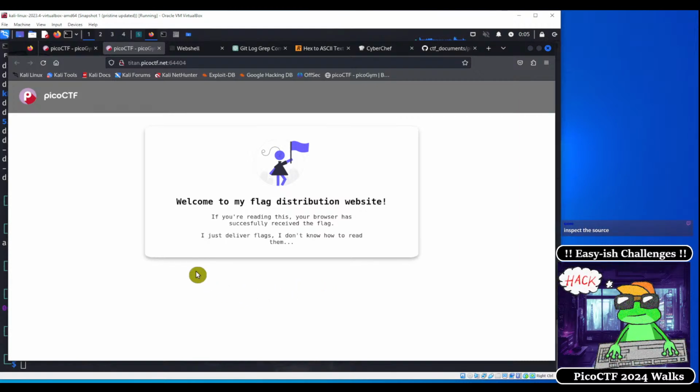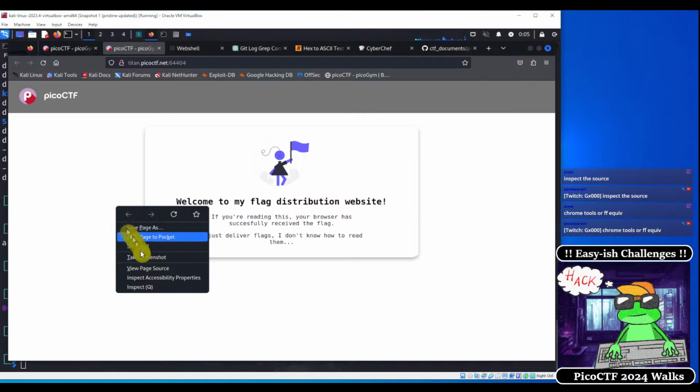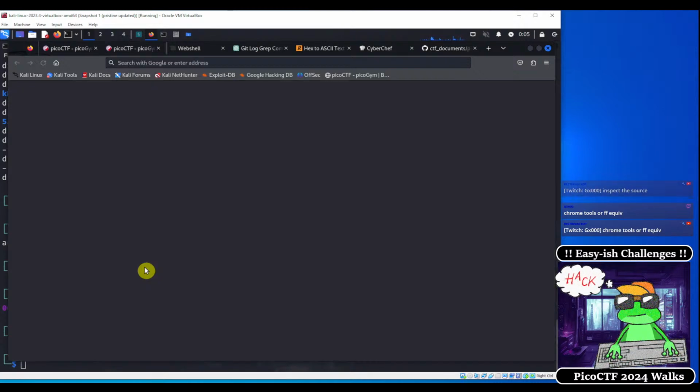Inspect the source, says GX. That's exactly it. Okay, so we can start inspecting the source. We can either right-click the page and click on View Page Source, or we can use the keyboard shortcut, which is Control-U. So I'm going to click on View the Source,